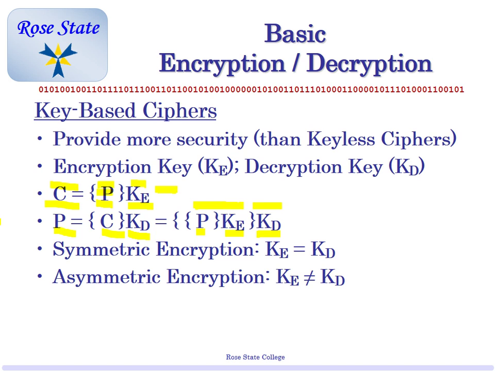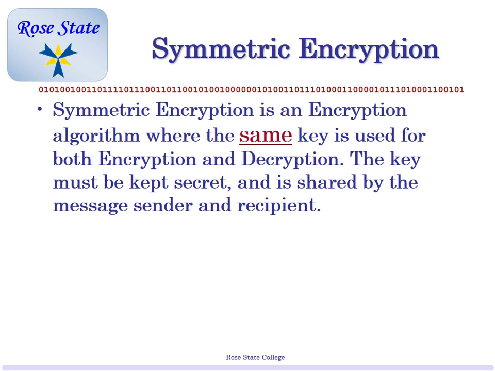Symmetric is an encryption system where you use the same key for both encryption and decryption. The key must be kept secret, and it has to be shared with both parties. So me and Josh both have to have the same key for this to work. Anyone see a problem with that? First of all, how do I get the key to Josh? And what happens if Josh gives out the key? Well, there goes everything, because now everybody's got my key. Not a good plan.